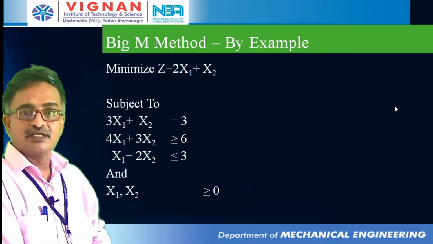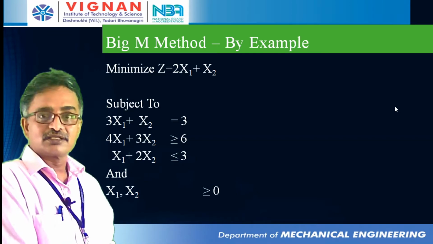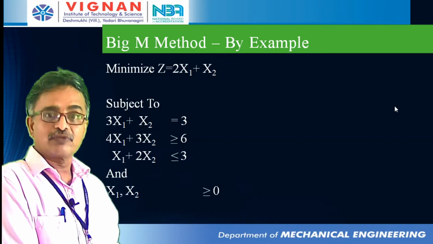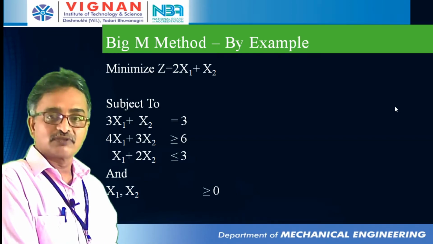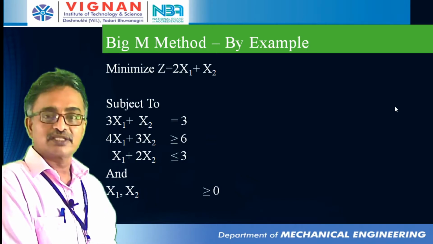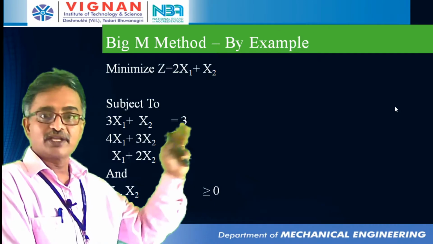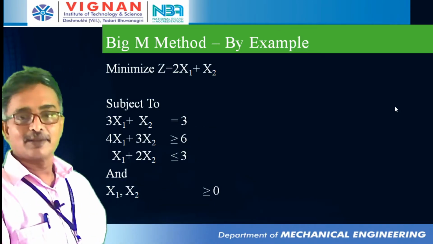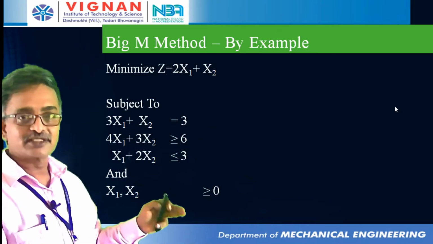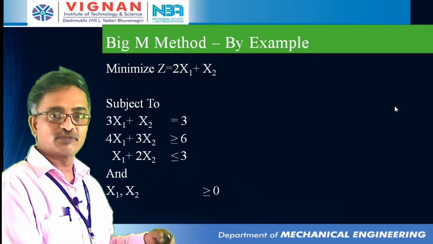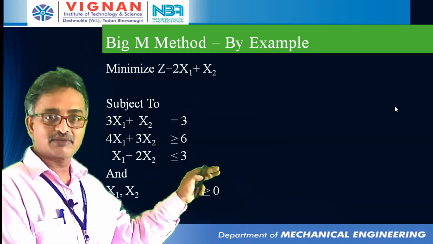Now we will look at another variation of the simplex method, where we have an artificial variable in the formulation. What should we do? That is one case where we solve this type of scenario using the big M method. This is also called the penalty method. M is the largest number we assign to the artificial variable that we place in our formulation.